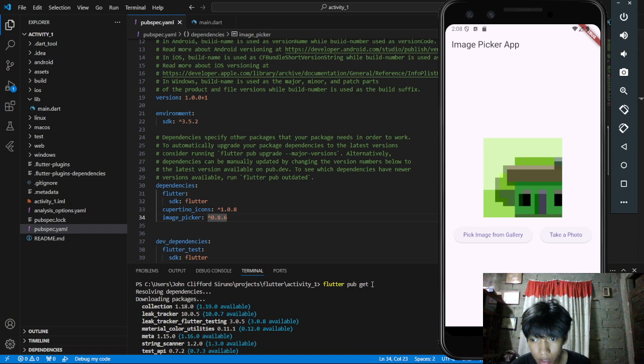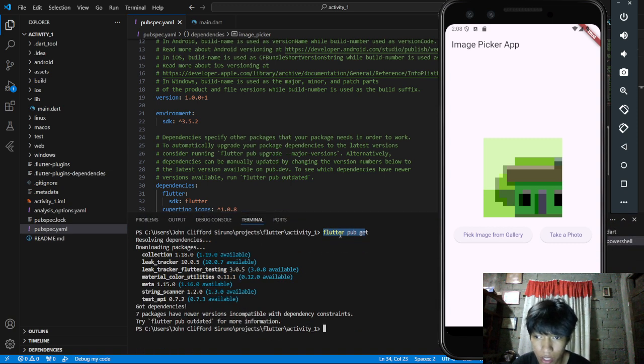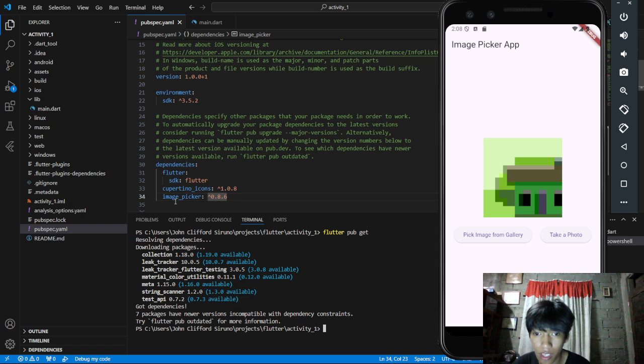Run this command on your terminal to get the dependencies, download the packages you may need, and apply it into your application. So as you can see, I have downloaded the package and got the dependencies I need to run this application. So that's how you use Image Picker as a package in your application.